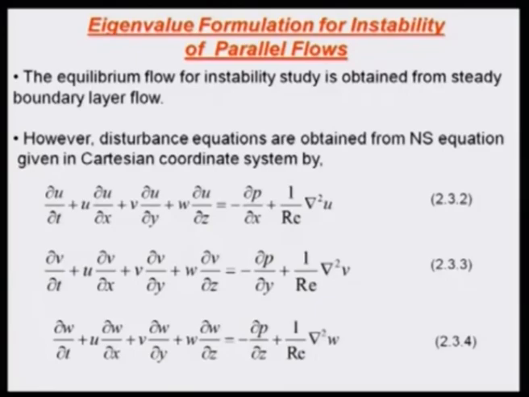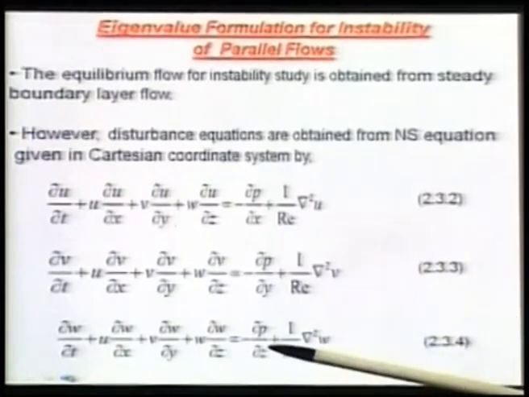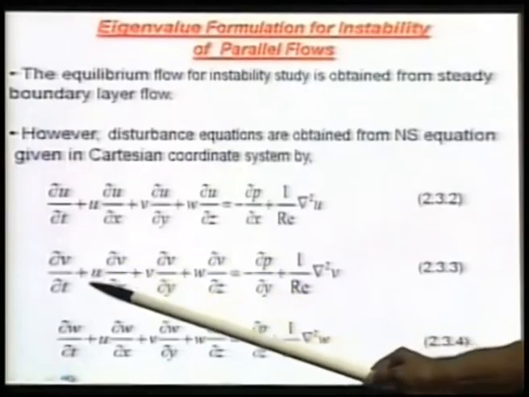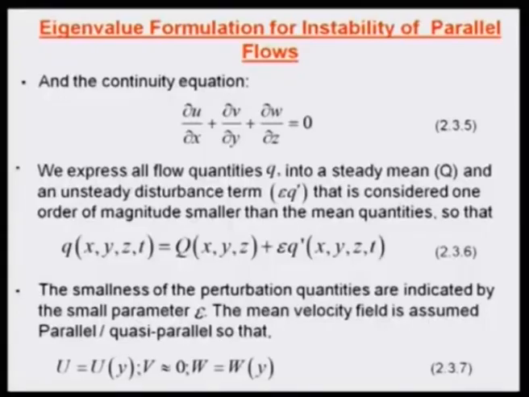frame. Okay. And this is what I have written down: the Navier-Stokes equation for the total quantity. So, u is the total component, v is the total component, w is the total component of the velocity profile. Okay. That we will now split up into an equilibrium flow and a disturbance quantity. So, those three momentum equations